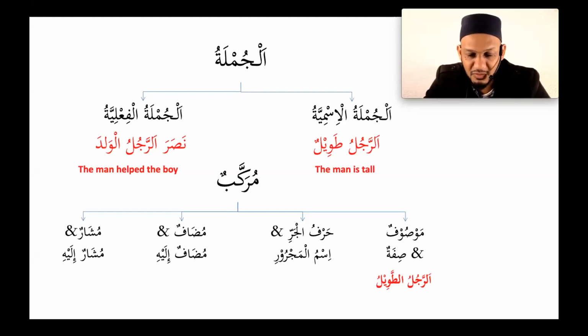So these are two words. The first word is called the mawsuf, that which is being described, and the sifa is the describing word or the adjective. So the second word describes the first word, and they generally match in gender. The second word follows the gender of the first word. There is one exception, and when is the exception? I can't remember the exception. The exception is, anybody? Assalamu alaikum, Maulana. I don't know if you can hear me.